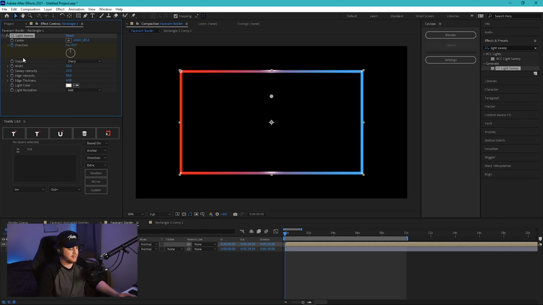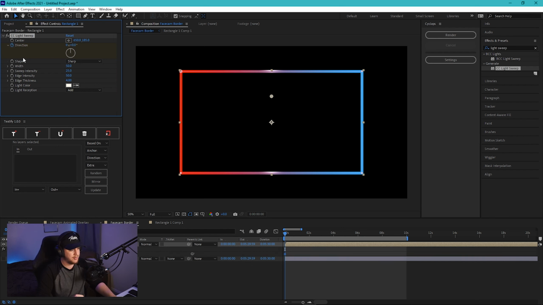And if you can't see your keyframes, just go ahead and click U on your keyboard and it will show you the keyframe. If it looks like a little circle, make sure you also click U as well, because it's very important that you look at the diamond shape of the keyframe rather than the circle, because the diamond one is more editable.